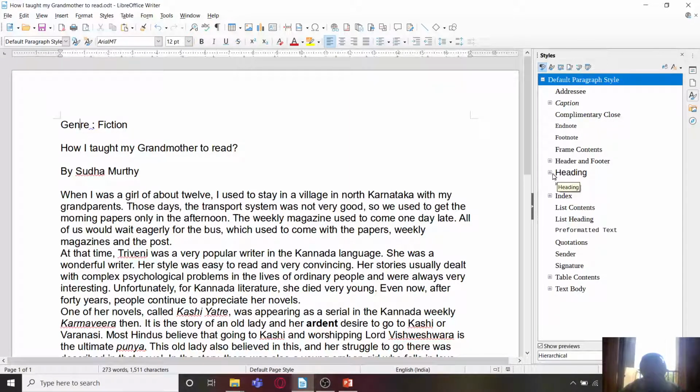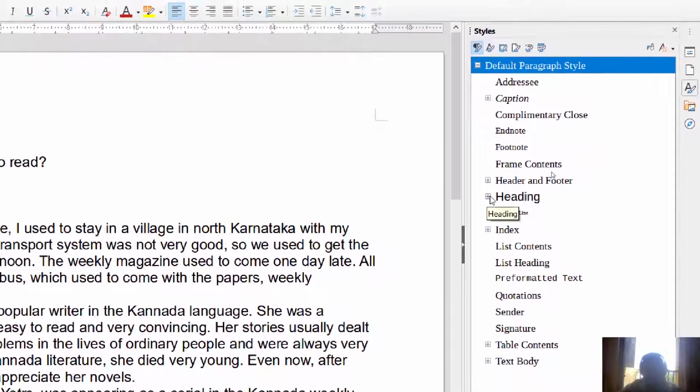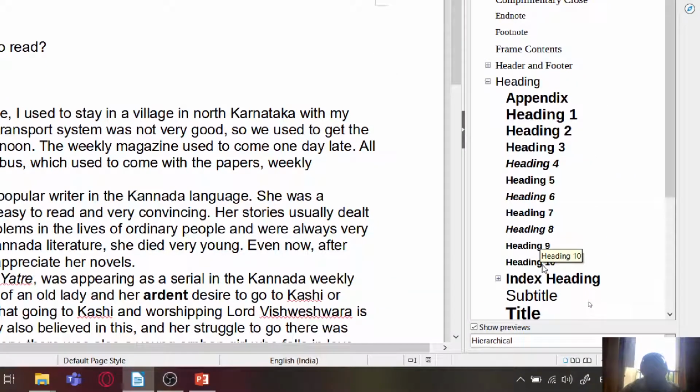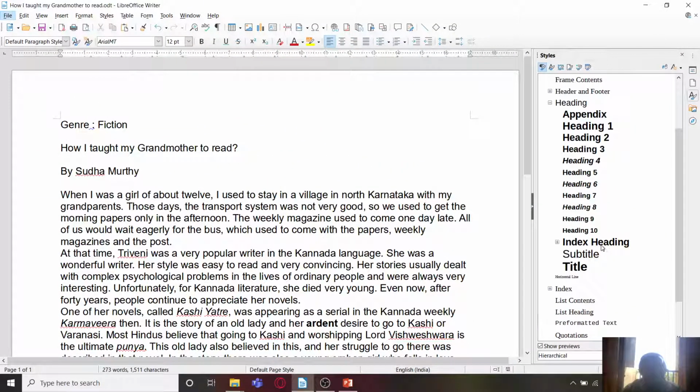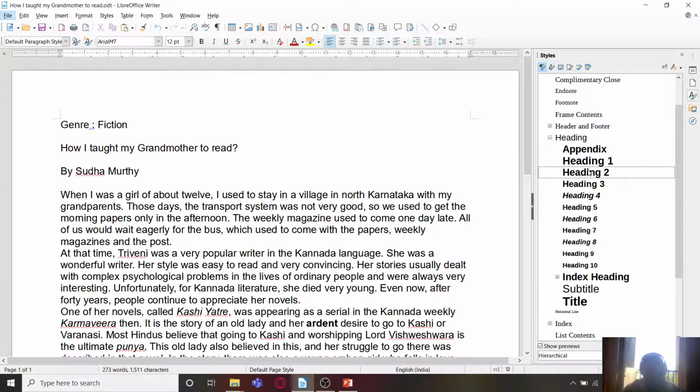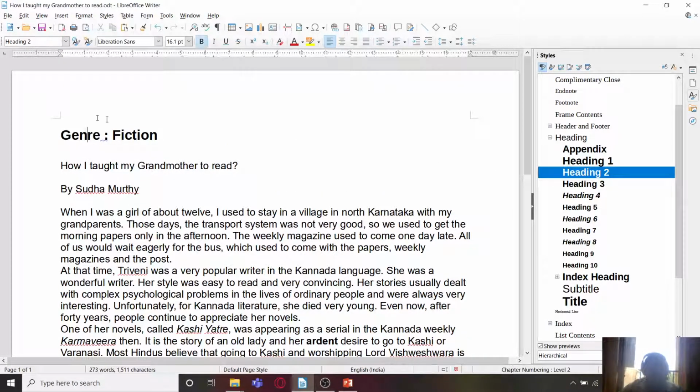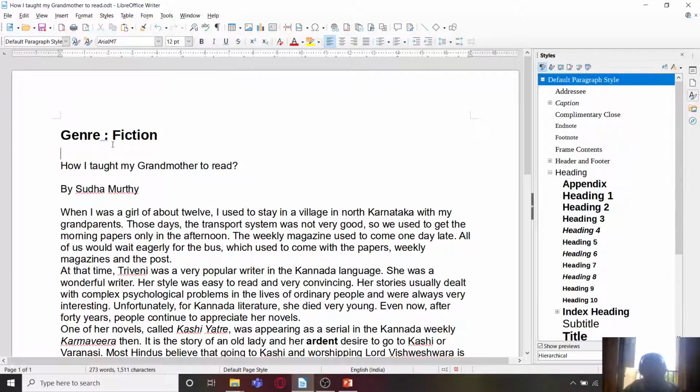So we'll go to this heading option here, click on this plus sign to expand the list, and you will find a number of different heading styles here. Let us apply heading 2 and just double click on it, and you can see the style is applied.